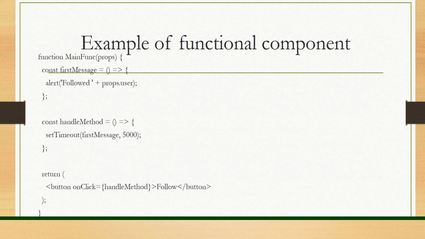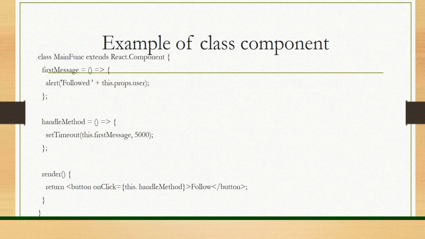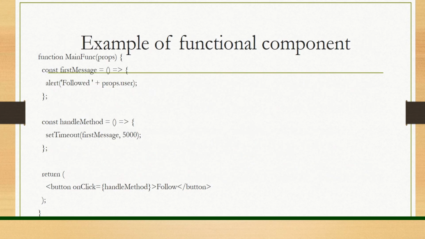So an example of a functional component is like this. In this case we are not using class, main, extends like we had in the class component. Here we simply write the name of the function, the main function. So there is no use of the this keyword, and there is no use of the render function also. It will just return like normal JavaScript. So this is the way we write a functional component.